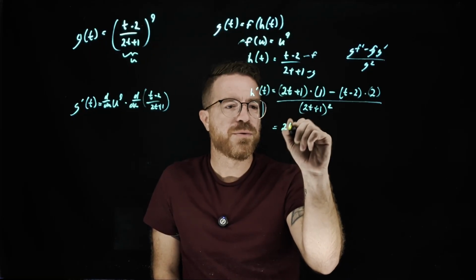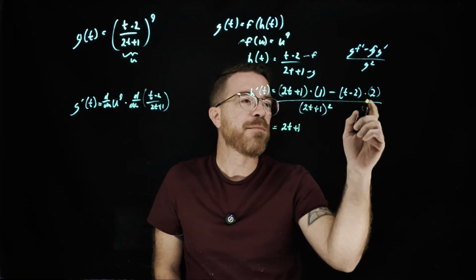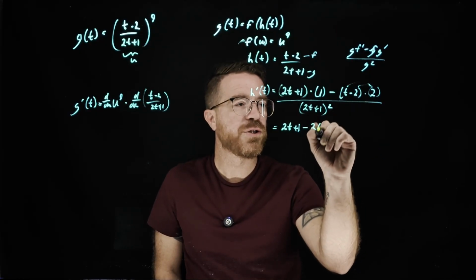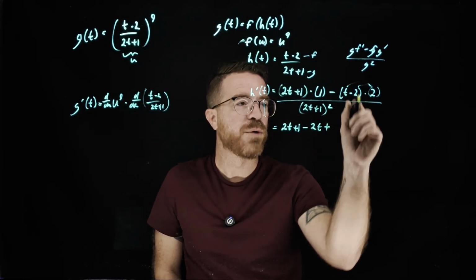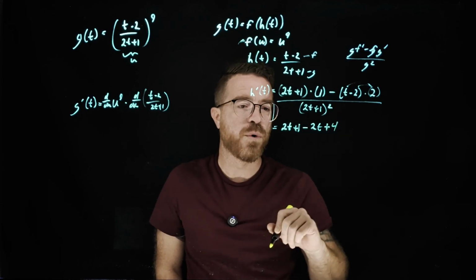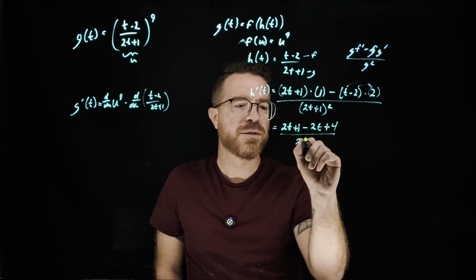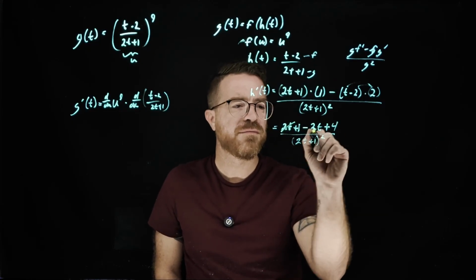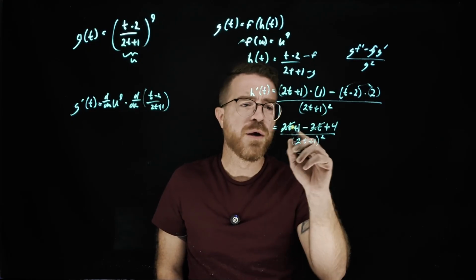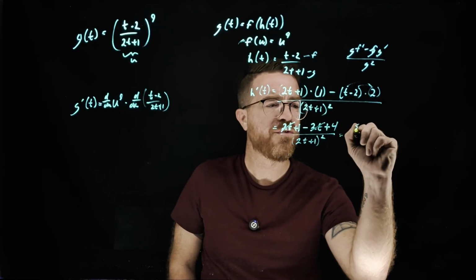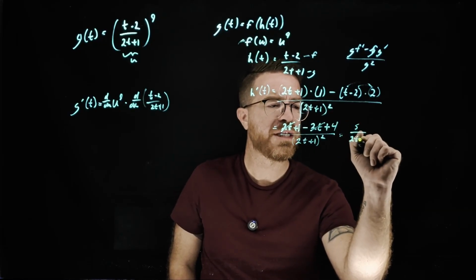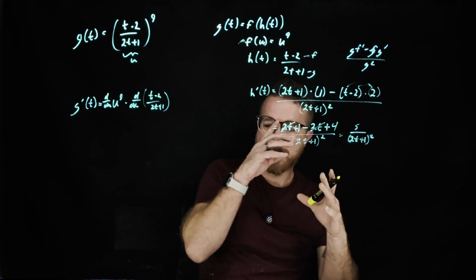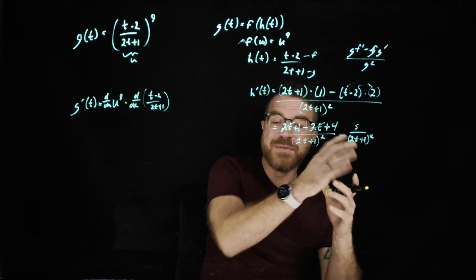So that's going to be 2t plus 1. And then minus, I'm going to distribute this 2. So it's going to be minus 2t. So minus a negative, so it's going to be plus 4 divided by (2t plus 1) squared. 2t minus 2t is going to go to 0. 1 plus 4 is going to give me 5 over (2t plus 1) squared. So that is going to be what our derivative is